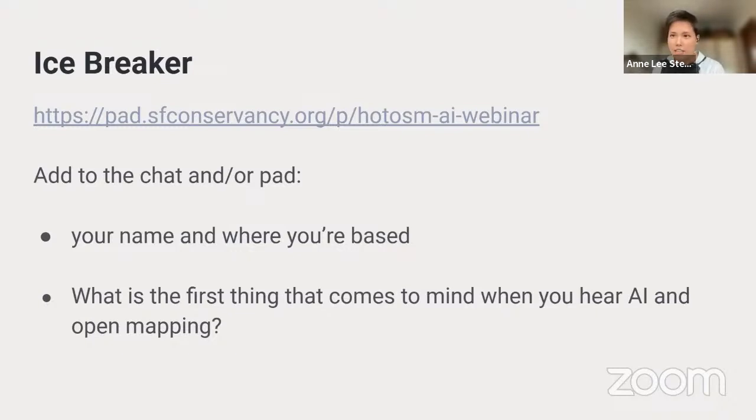Given the hype and interest around artificial intelligence currently, you might have heard these narratives around ChatGPT. What does AI and open mapping mean to you? We'll take maybe a minute or so for folks to add to the pad.